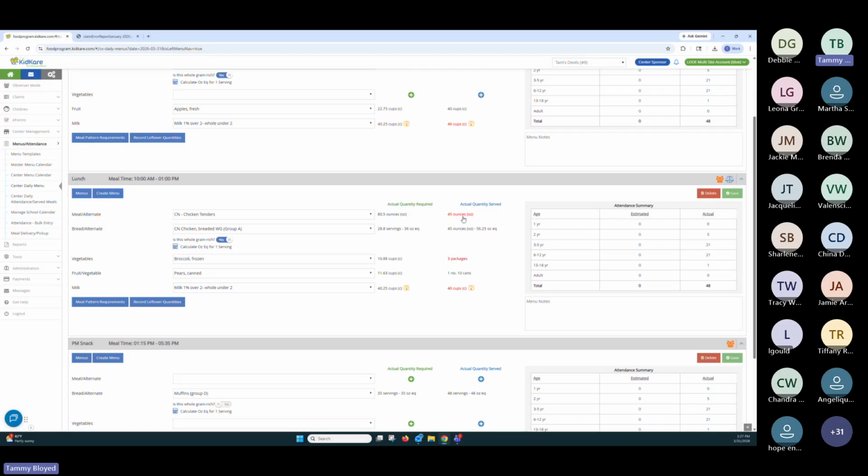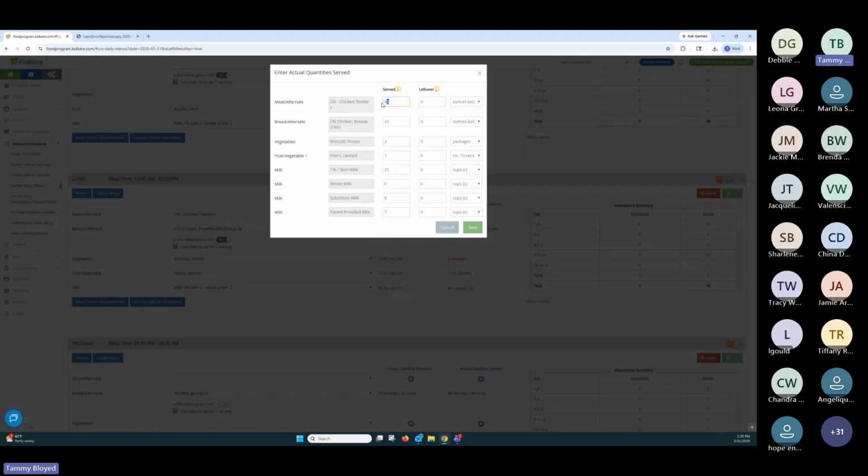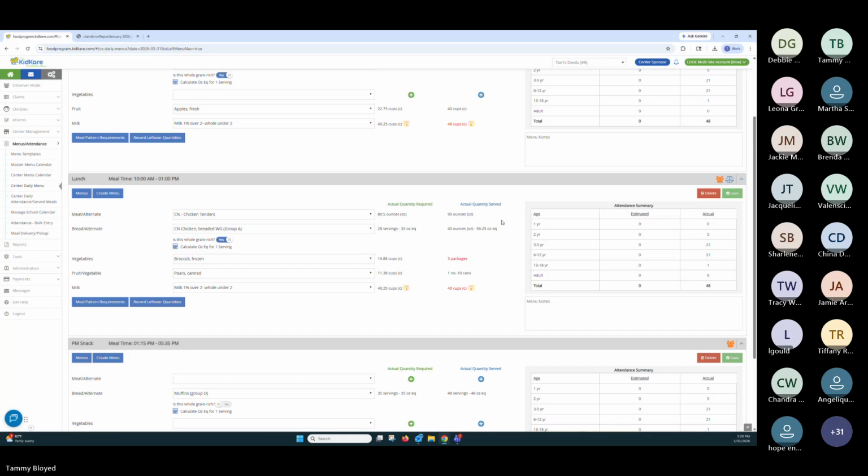Well, that's not correct. Your CN label is going to break it down for you and tell you that each nugget has 2 ounces of meat. So 45 nuggets, in fact, is 90 ounces of chicken. And you do have to actually use the CN label for your product. Don't just keep changing the number until KidKare is not red anymore.